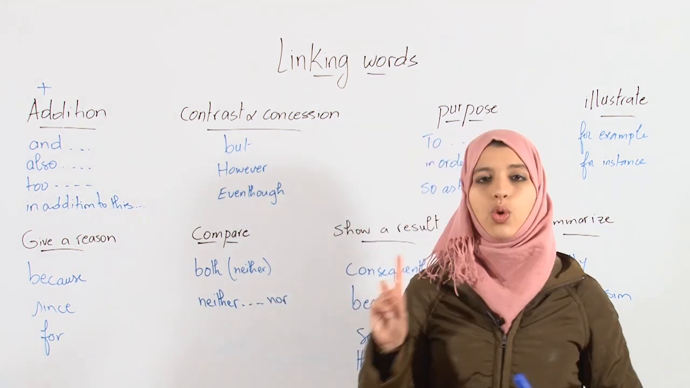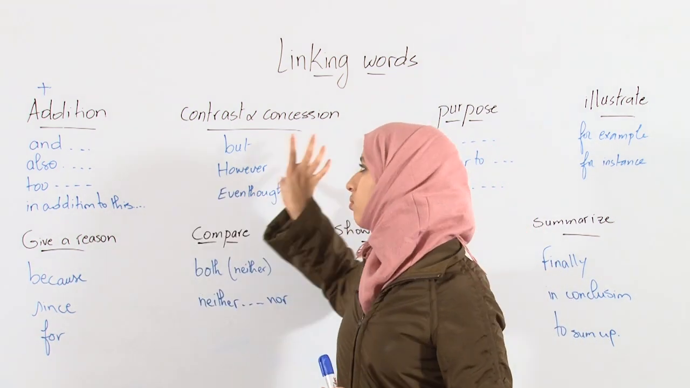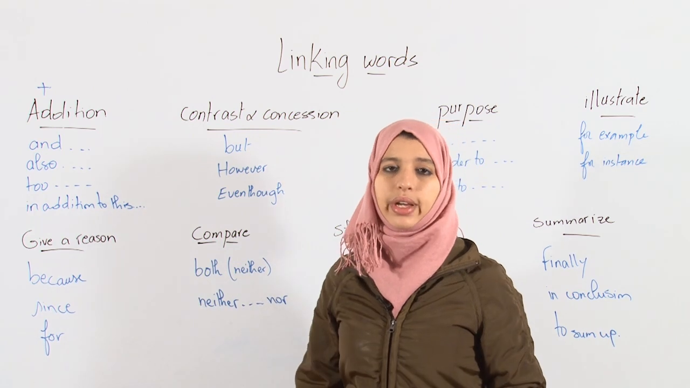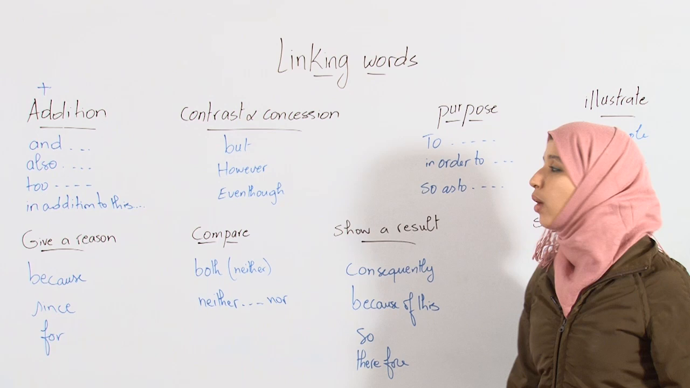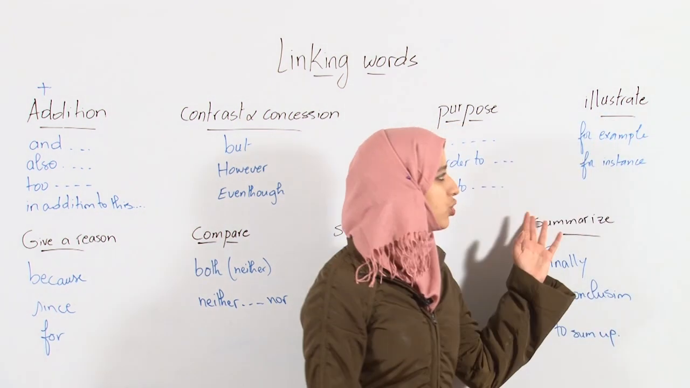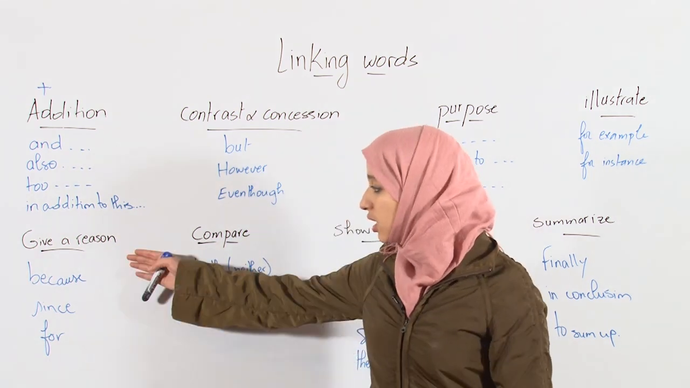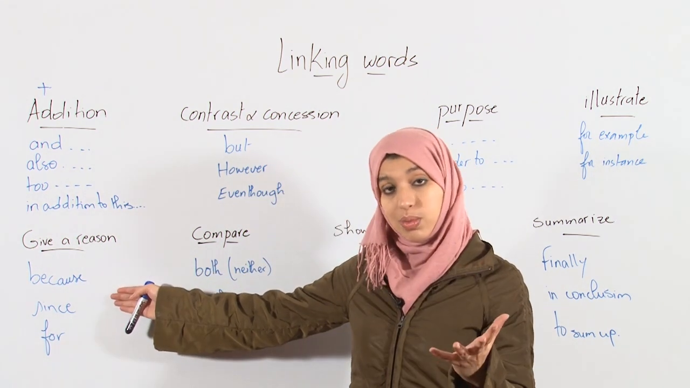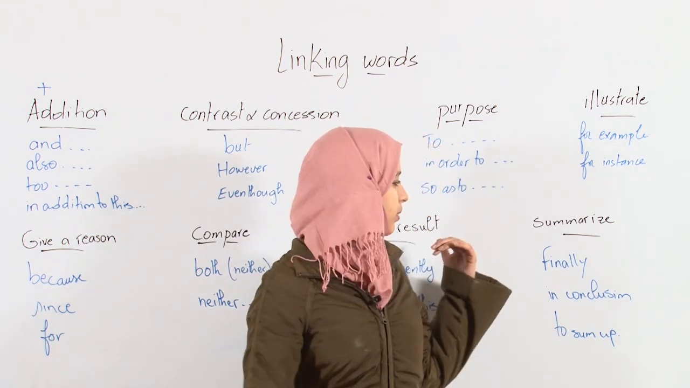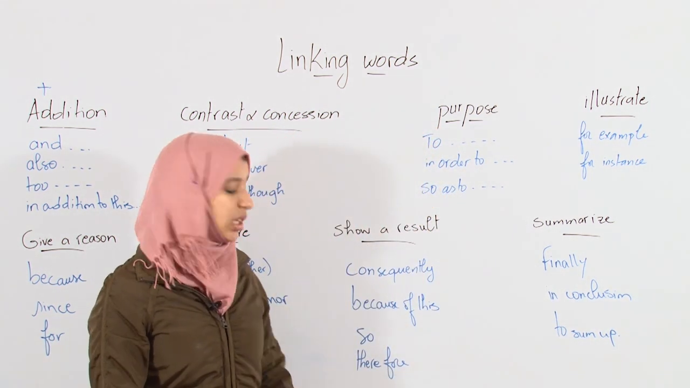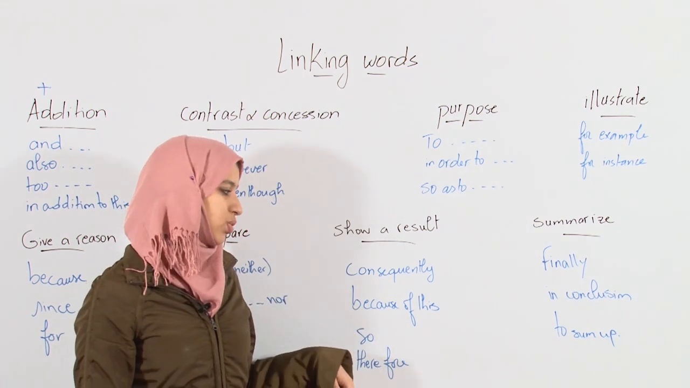I want you at least to take one or two linking words from each section we have here, okay? Like the first one, take and also. The second one, take but and however. The third one, take to or in order to. Here, you can take only one. For example, here take because, and I know that you all know what it means. Compare, you can say both, neither nor. As a result, you can use consequently, so, and these are very well known, therefore as well, because of this,